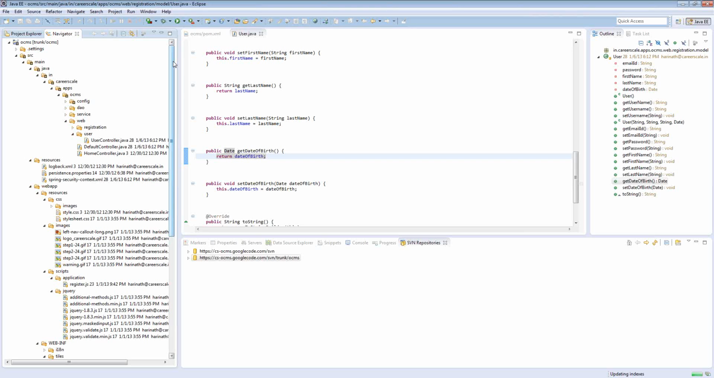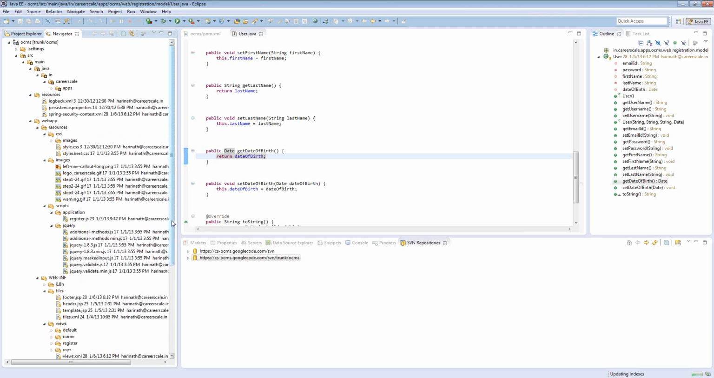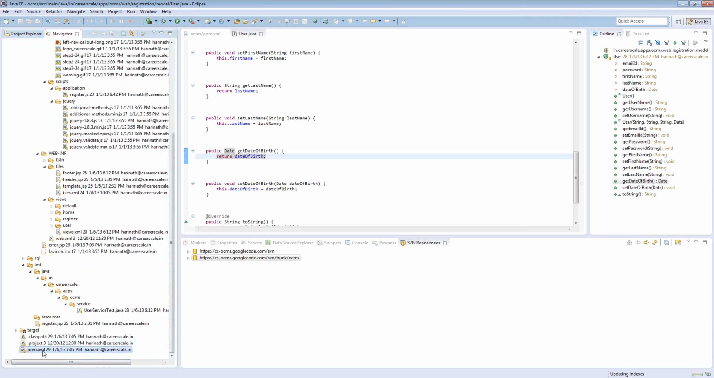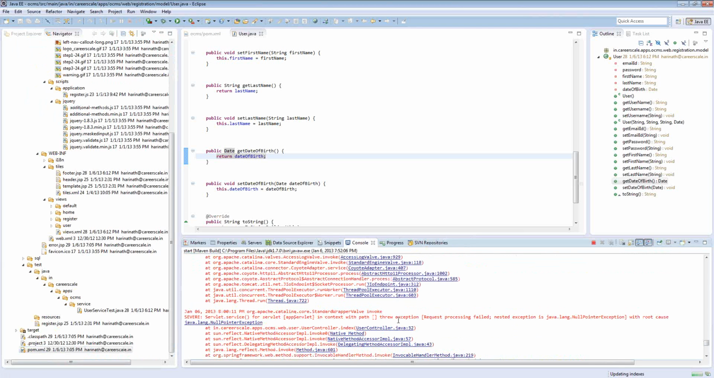And in Eclipse, primarily we are using SVN for code management and Maven for project building. Now I have done some changes in the code, and let me run this code once to see how it looks. Let me see if it is still running already. Okay, yeah, it's running already. So what I can do is,